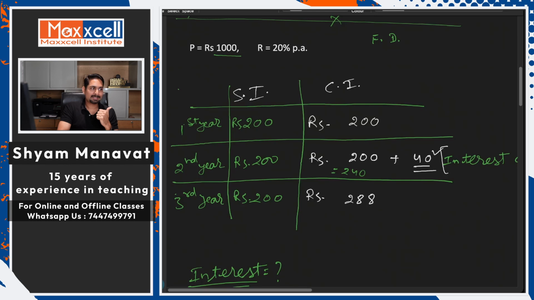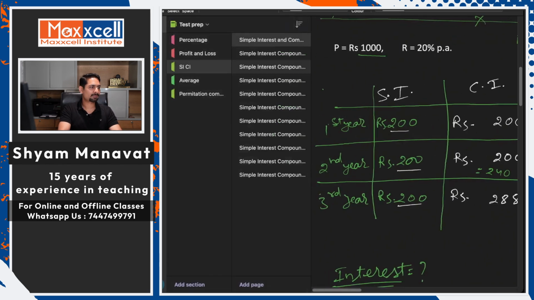We understand here that simple interest remains the same every year. Correct? If for the first year it is 200, it will remain 200 every year. If for the first year it is I, then for every year it is going to be I. Correct? So with this concept,